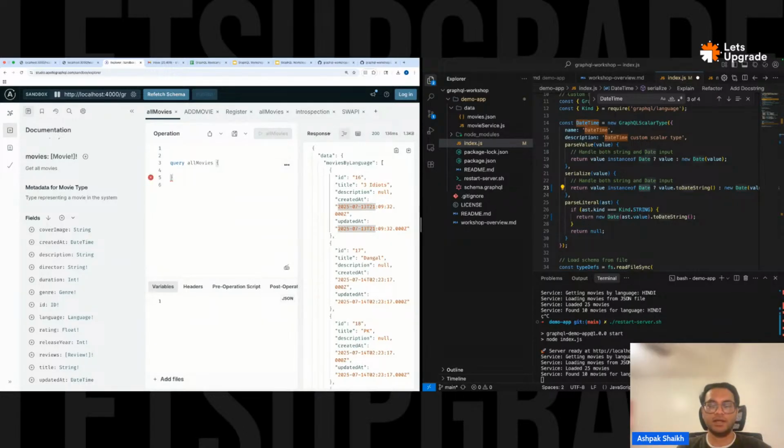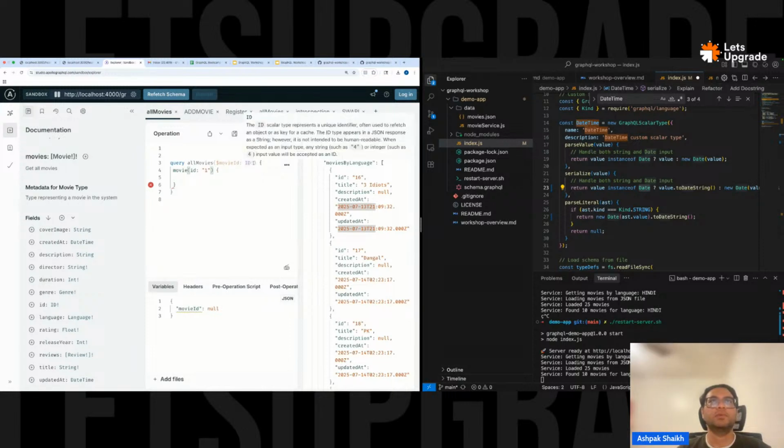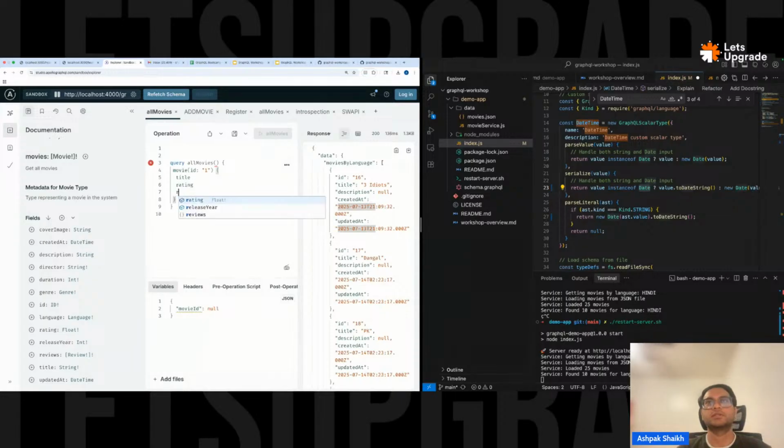So let's say I want to ask for movie, and the movie ID is, I will not use a variable, I'll use one, and maybe let's do title, rating, description is huge sometimes. Let's do description. And I want movie